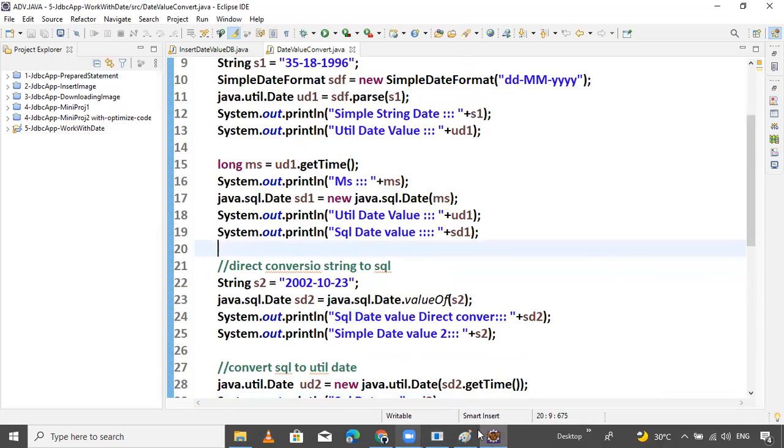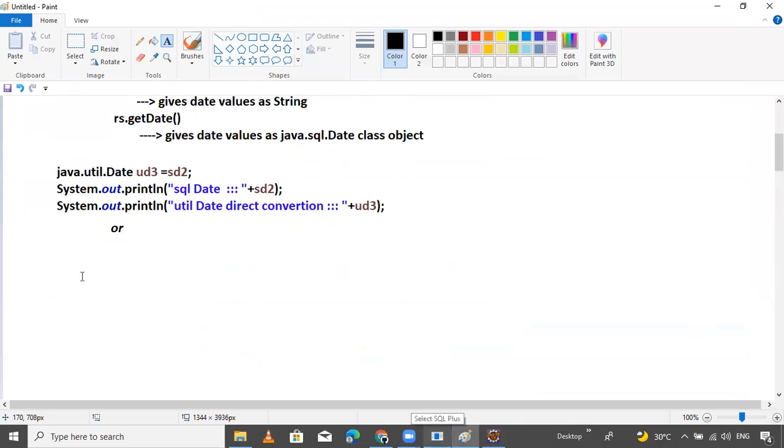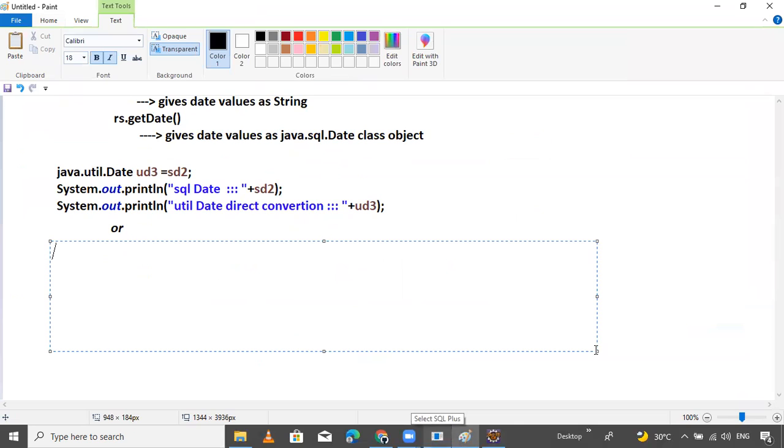I want to show you some point twice. java.util.Date util date equals to new java.util.Date, and here you can pass sql date dot getTime method. This method returns milliseconds.